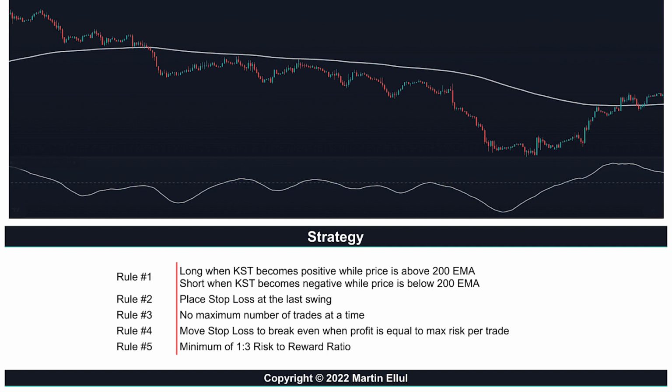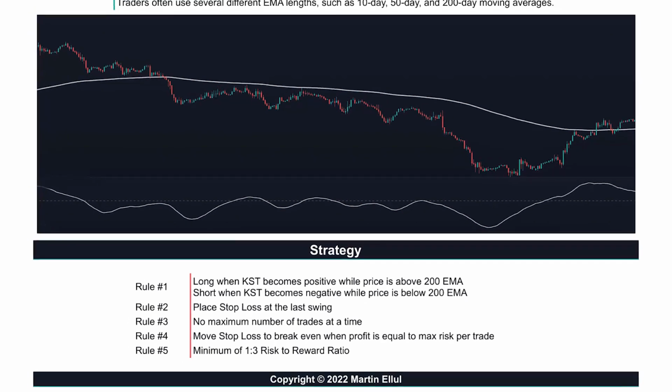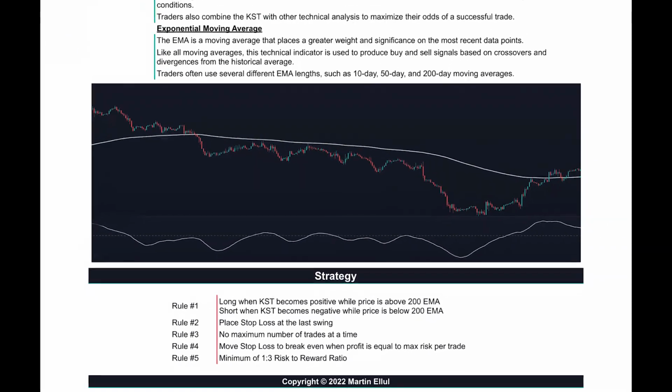We place the stop loss at the last swing. We don't have a maximum number of trades required at all times. And we move the stop loss to break even when the profit is equal to the maximum risk per trade. And the final rule is that we need a minimum of 1 to 3 risk to reward ratio. So let's get on the charts now so I can show you a few examples and then we'll dive into